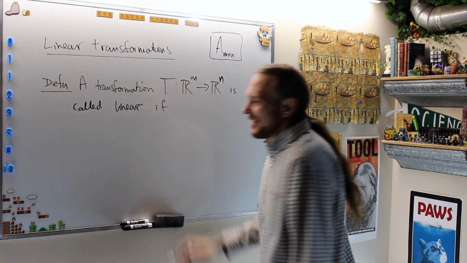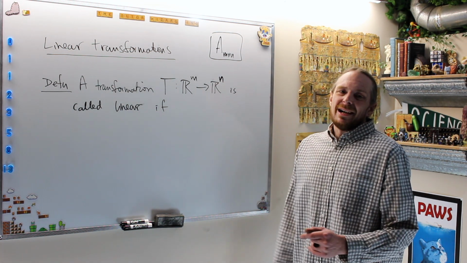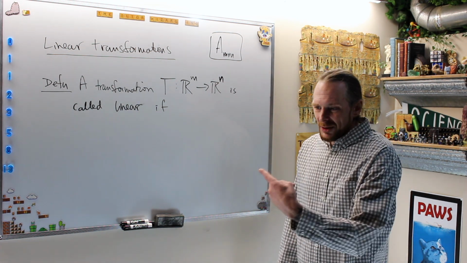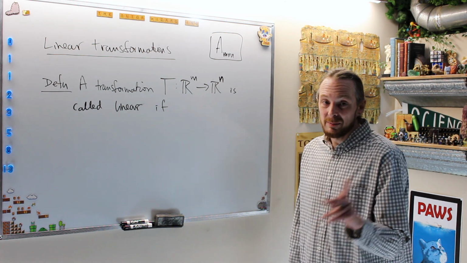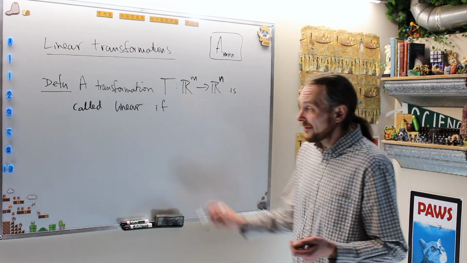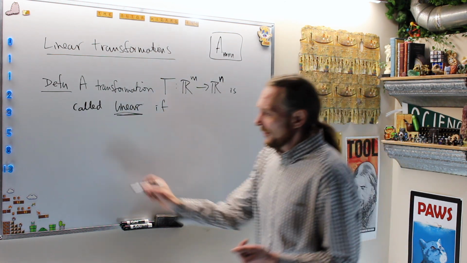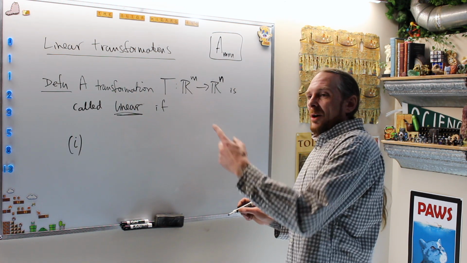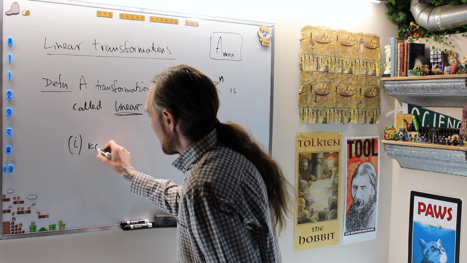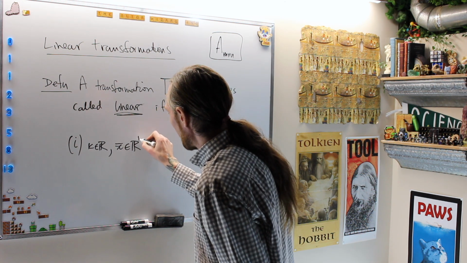if what? Some of the books have one axiom, some have two, and I'm going to do the two versions because at first it's easier to show this instead of doing it all at once, but I want to point out that this is why we call it a linear transformation, because it preserves the two linear operations. So for scalar multiplication, what that says is, one, it must spit out scalars. If k is any real number and x is any point in Rm,